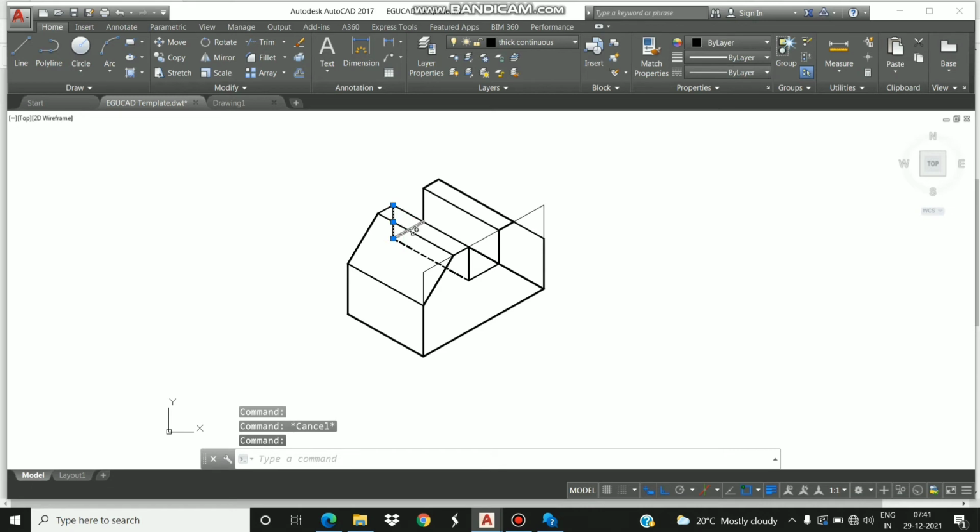Similarly, these lines which are on the back side should be hidden, which are not visible but part of the figure, right? This line should be hidden. You can search for any other hidden line and make them hidden.